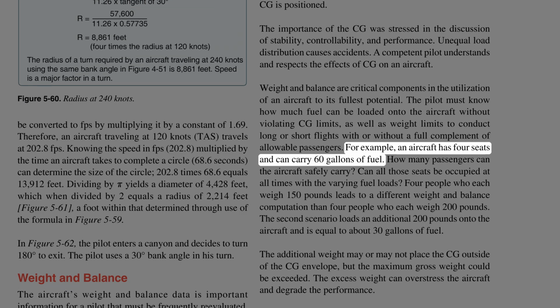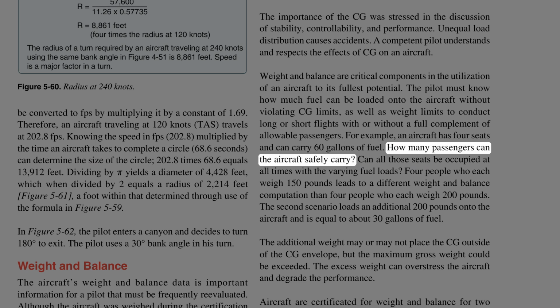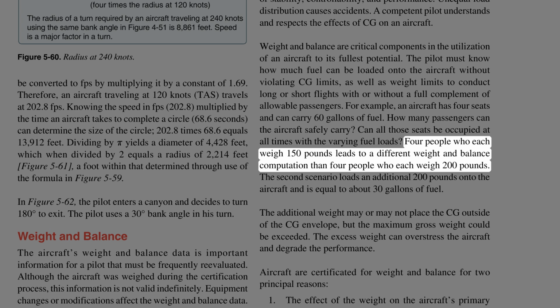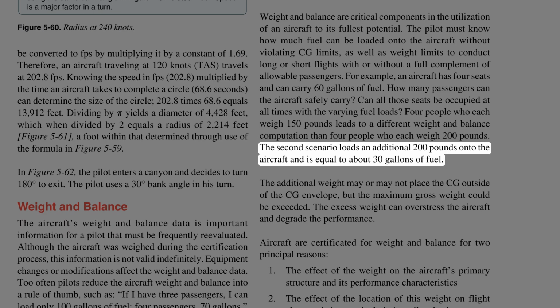For example, an aircraft has 4 seats and can carry 60 gallons of fuel. How many passengers can the aircraft safely carry? Can all those seats be occupied at all times with the varying fuel loads? 4 people who each weigh 150 pounds leads to a different weight and balance computation than 4 people who each weigh 200 pounds. The second scenario loads an additional 200 pounds onto the aircraft and is equal to about 30